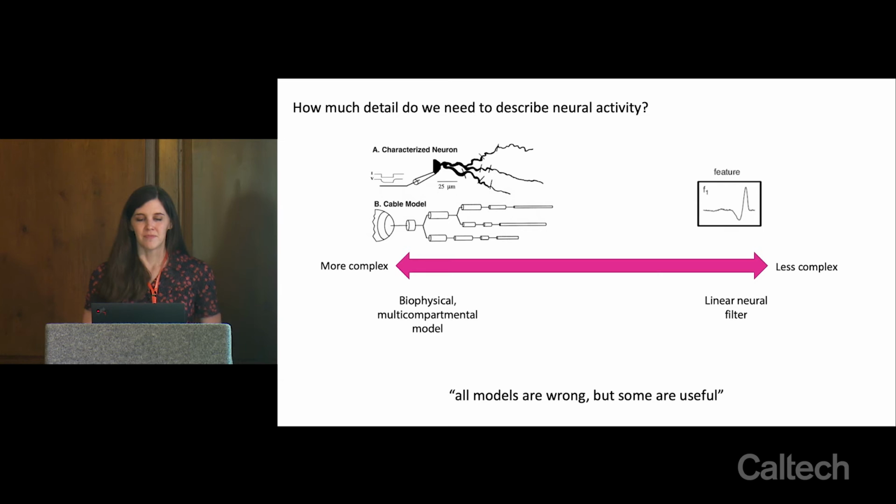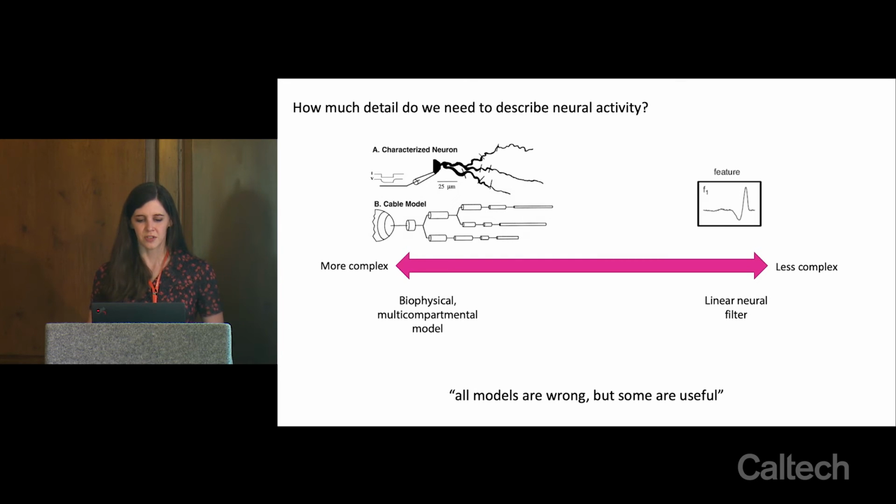At the other extreme, you might not care at all about what your neuron is shaped like, what ion channels it's expressing, or what its spiking behavior is, and you might just want to summarize it in terms of how it's filtering its input. So at the far end of having a less complex model, you can summarize what a neuron is doing just by saying, here's the stimulus that I fed to my neuron or my animal, here's how the neuron spiked, and here's a filter that shows how I go from stimulus to spiking activity. That's the kind of model that we're going to be fitting in the hands-on session of the afternoon.